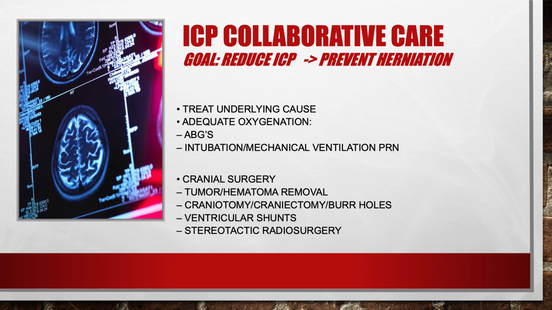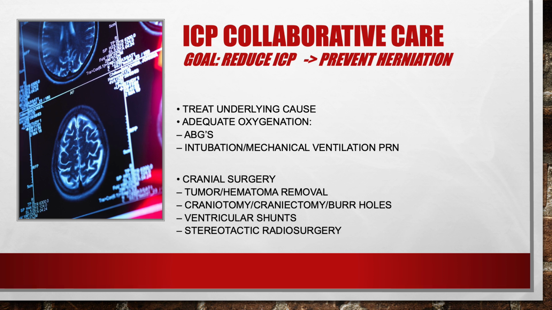All right. And adequate oxygenation. We want to keep that oxygen levels up and carbon dioxide down, or within normal limits. And remember, when carbon dioxide is increased, it causes that vasodilation. So anything that is acidic will vasodilate, okay? And what does that do? Well, it's going to send more blood to the brain, and we're increasing that pressure even further. So that's why it's really important to monitor those arterial blood gases. They can be intubated on mechanical ventilation if needed as well.